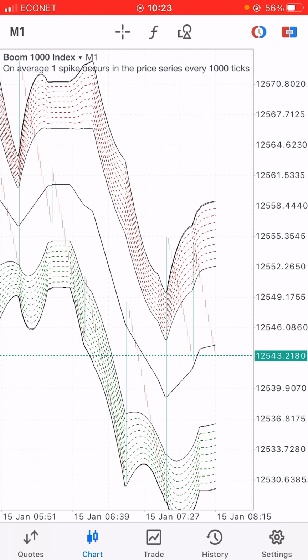Today I'm going to teach you guys a boom and crash scalping strategy. This is a 1 minute boom and crash scalping strategy, and by the end of this video you should be able to scalp and catch those ticks right in your 1 minute time frame. So make sure you watch up until the end of this video so that you get the proper settings